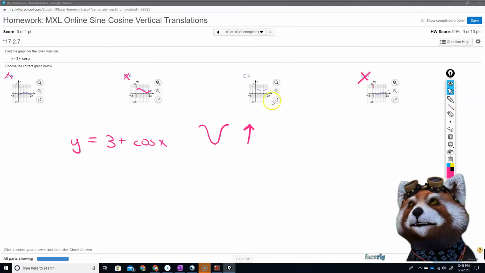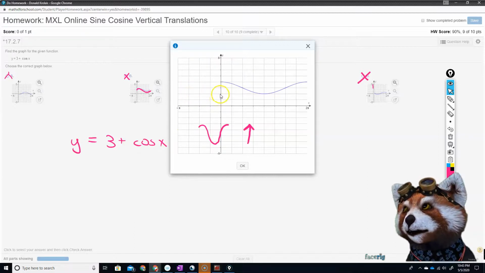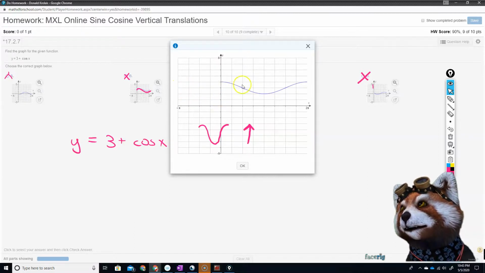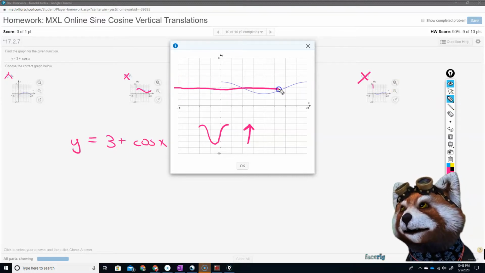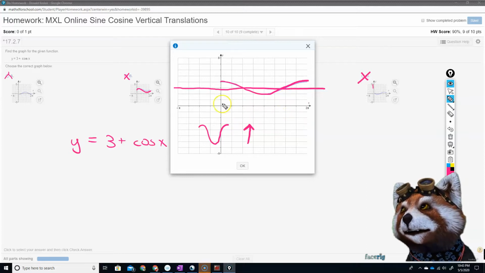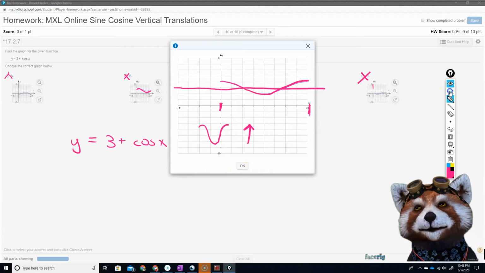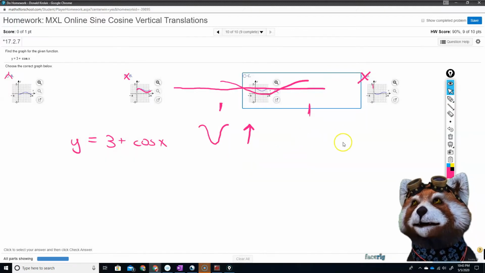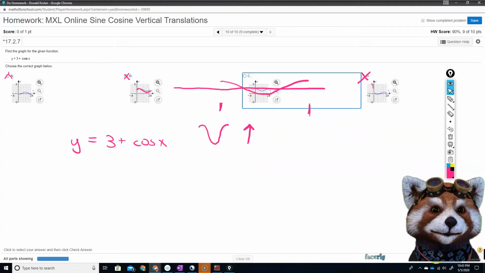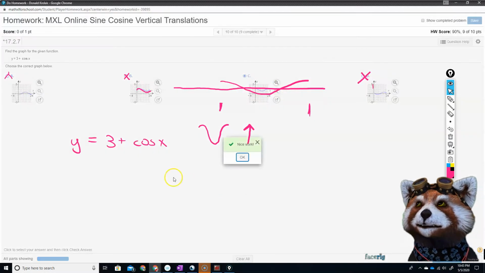Let's make that bigger and just make sure that we got it. So 1, 2, 3. Okay, there's the midline. Yep. Goes 1 above it, 1 below it, and we see one cycle of cosine between 0 and 2 pi. Lickety split. Let's see, check our answer,